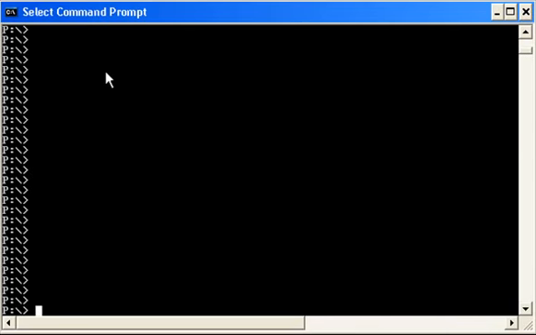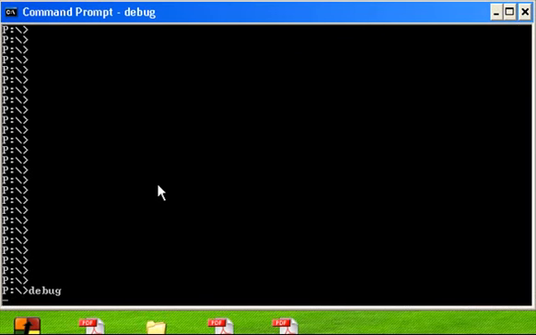So today we are going to show you how to use the debugger that is available in every Windows box. You use the command prompt window, and it's command line driven, meaning that you type instead of using a mouse. And the debugger is called Debug. So when you get debug,